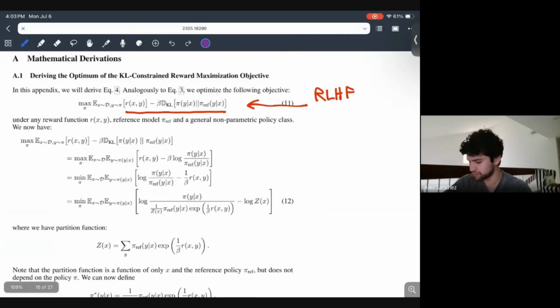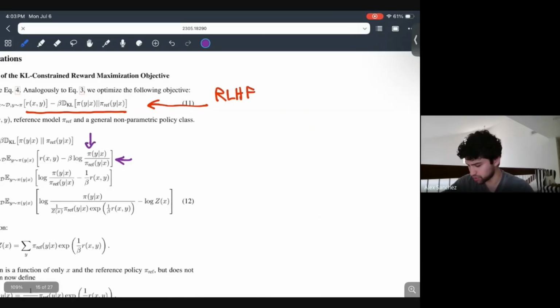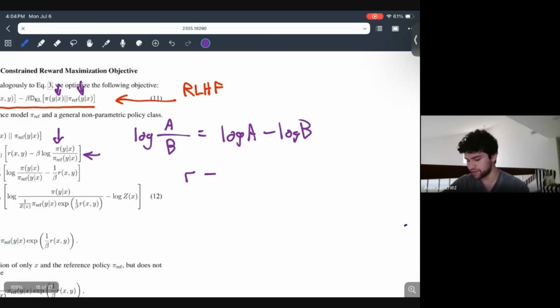So now you basically see them break it down here. If you recognize this part, this is how we actually write a KL divergence when it comes to the code. A KL divergence is literally equivalent to the logarithm of the A variable, or the A distribution and the B distribution. And this is also the same thing as log A minus log B, which is why in the code we literally write this out as our reward minus our beta times, if you guys remember, policy log probs